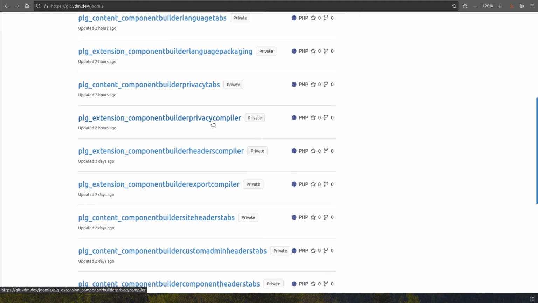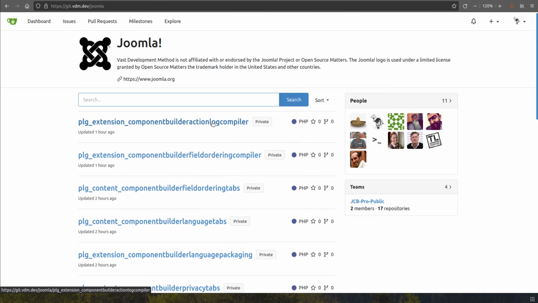So this is how it looks for basically non-pro membership users who have logged in and have been added to the JCB Pro public group. Now if I move this user to the actual JCB Pro group, it will look different again. So let me just do that. Okay, let's refresh the page. And we see now that he is part of the Pro membership team, the JCB Pro group. If we now open the same